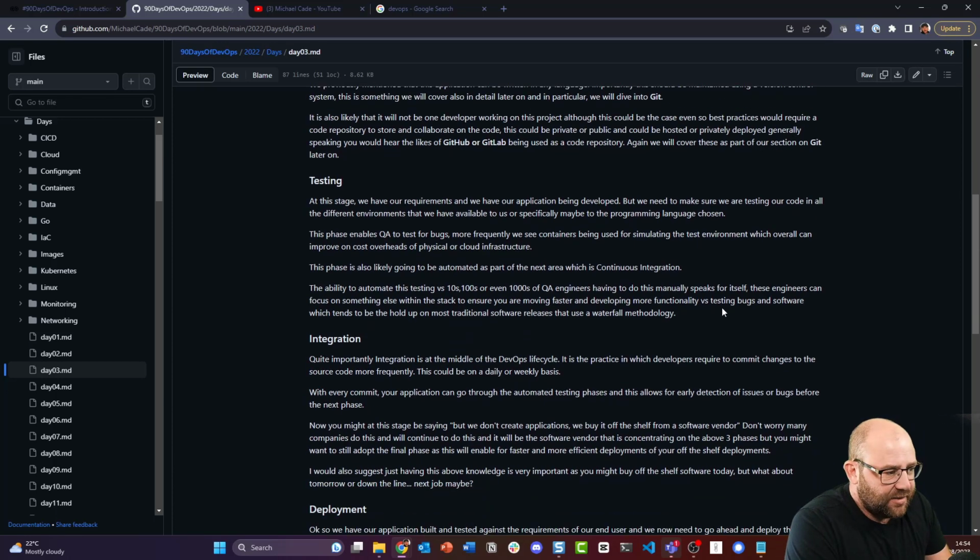Secondly, we have testing. At this stage, we have our requirements and we have our application being developed. But we need to make sure we are testing our code in all the different environments that we have available to us, or specifically maybe to the programming language chosen. This phase enables QA to test for bugs more frequently. We see containers being used for simulating the test environment, which overall can improve on cost overheads of physical or